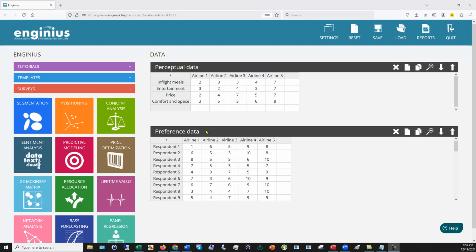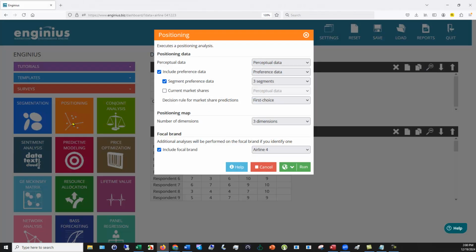You'll also see preference data. We asked those same respondents to rank the airlines in terms of their preference, again on a scale of 1 to 10, on all 5 of the airlines. When I click on the positioning model, you'll see that it has pre-selected the perceptual data block and the preference data block. In this case, I'm going to ask it to force a